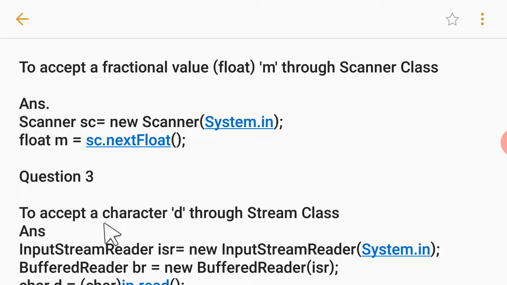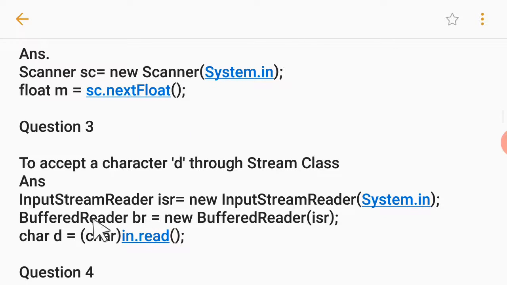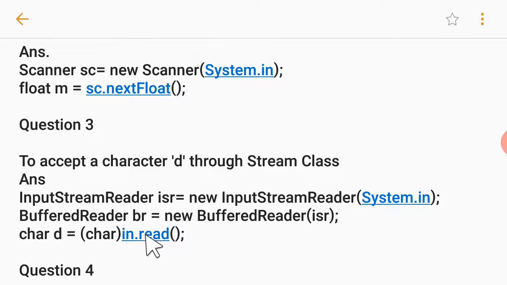Now after that, to accept a character d through the stream class, very important, students. First we create the object of the InputStreamReader class, as I have told you. InputStreamReader isr equal to new InputStreamReader, in the parentheses System.in. After that, we create the object of the BufferedReader class, br is the object, equal to new BufferedReader, and isr is the argument of BufferedReader, which is right now the object of InputStreamReader. And then I have to input the characters. So this time we will not write readLine, I have to just write